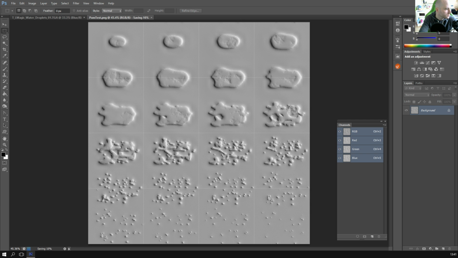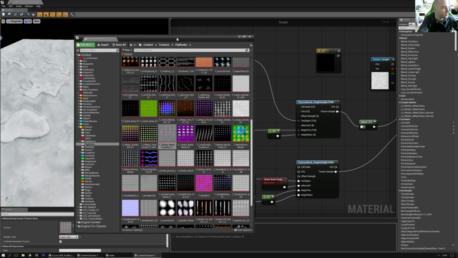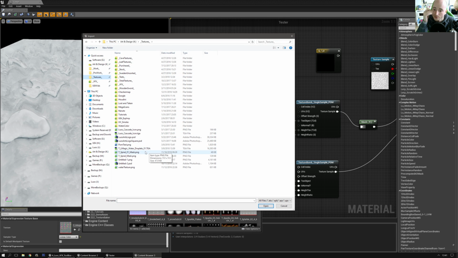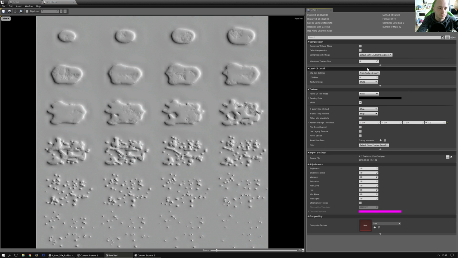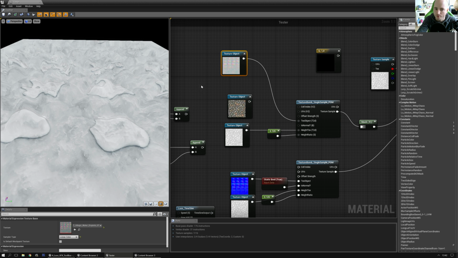Okay, back to the other monitor again. Photo soup, yeah. I always say photo soup for some reason. I just like it. Okay. Since we are back on that monitor, let me import that texture. Textures. POM test. There we go. I'm gonna make sure that's actually just set to alpha. So we don't need anything else. Everything should be fine then. And save. It might be a bit off because it's not a proper height map, but